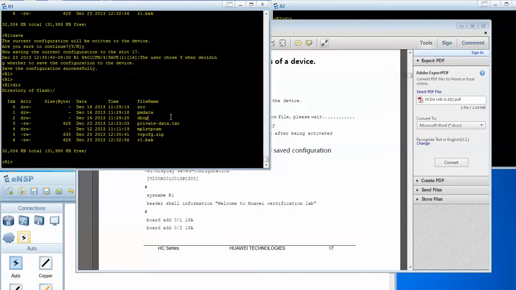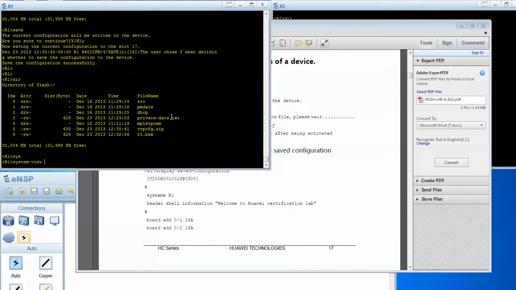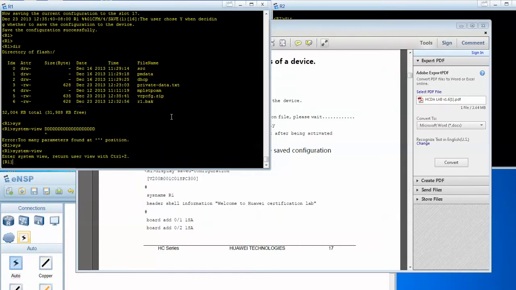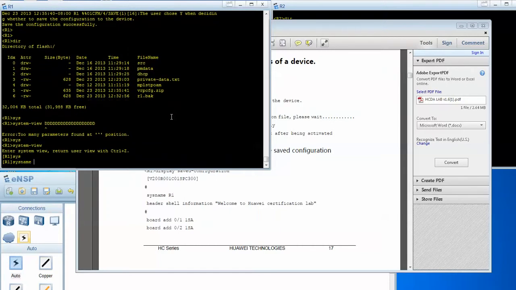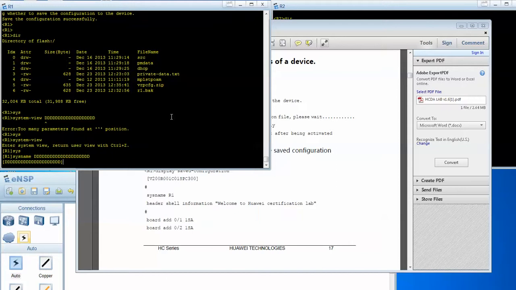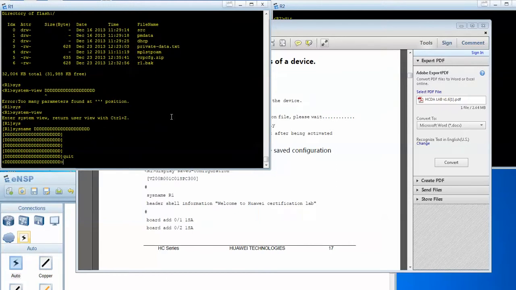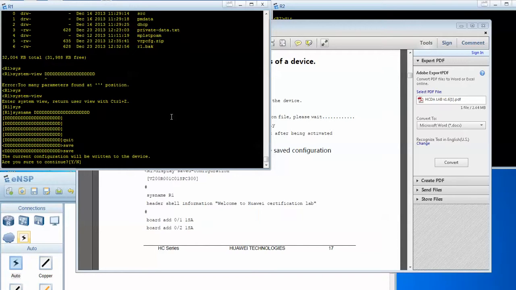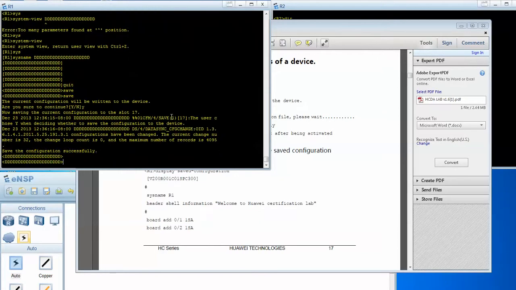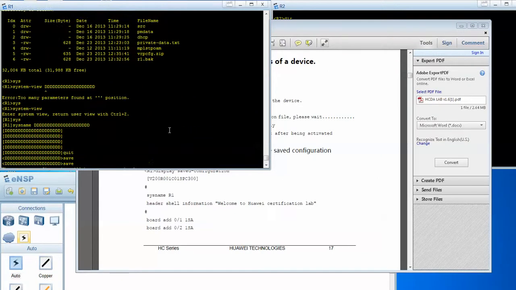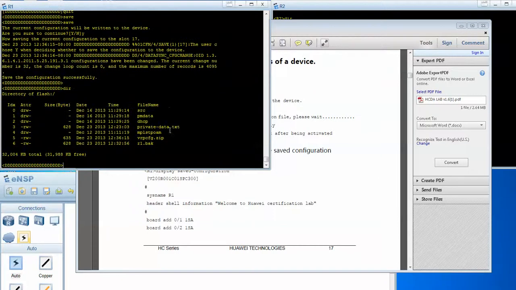Let's see if we can change the name to something longer. Let's save. Yes. Let's see what's the difference. No different. Yeah, I think by default